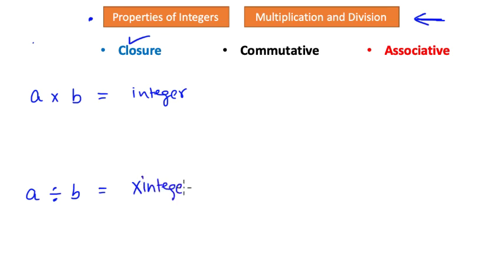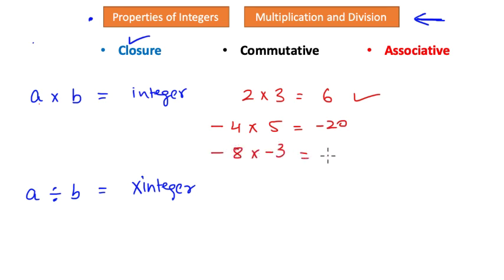Okay. So let's apply some numbers to it to understand how it works. So let's say my first two numbers are 2 and 3. 2 times 3 gives me 6. It's an integer, correct? Then let's say I have another, negative 4 to be multiplied with 5. One positive and one negative, and it results in negative 20. Or if I were to take two negative numbers, such as negative 8 to be multiplied with negative 3, it will be positive 24. All of these cases will result in an integer. We can play with any set of two numbers, and you will always find the result to be an integer. So we say that closure does apply for multiplication, okay?